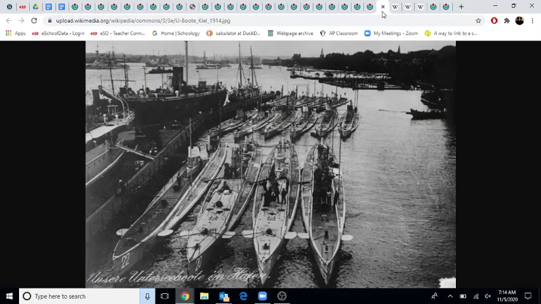And by the way, one of the technologies that the main powers are coming up with, which most don't think is all that important in 1914, but very quickly find out is very important, is the U-boat, the Unterseeboote. So that's a big deal. It's going to be what brings us into World War I, actually.